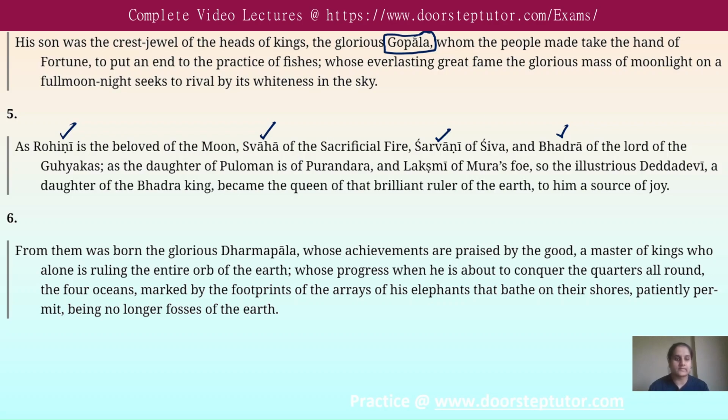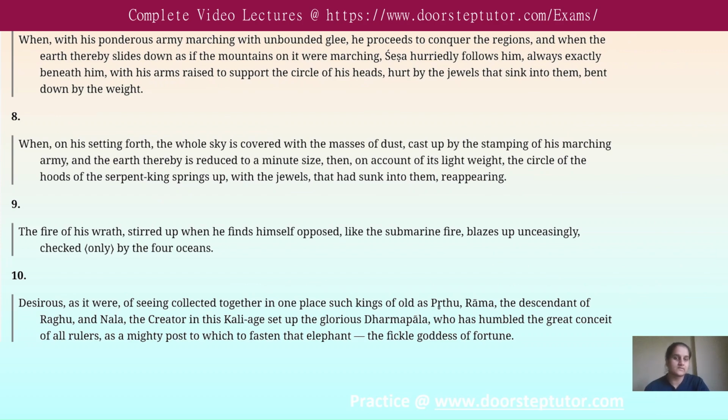So it seems that Deda Devi had become the wife of Gopala. Here in the fifth verse, it is the mentioning of the beginning of the line, and she is known as from the Bhadra king. Then comes Dharmapala. So it seems that he was Gopala's son. Okay, and it seems from